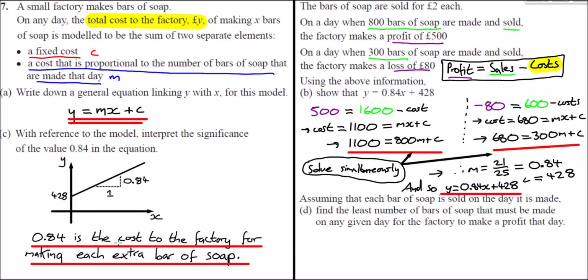Finally, part D. Assuming that each bar of soap is sold on the day it's made, we need to find the least number of bars of soap that must be made on any given day for the factory to make a profit for that day. Well, if profit means sales minus costs, then if we're finding the least number of bars of soap that must be sold on a particular day, we're after the crucial point where we're about to break even. So the critical point is where the sales would equal the costs to the factory. So if I set sales equaling costs,